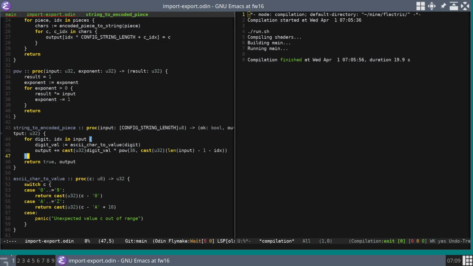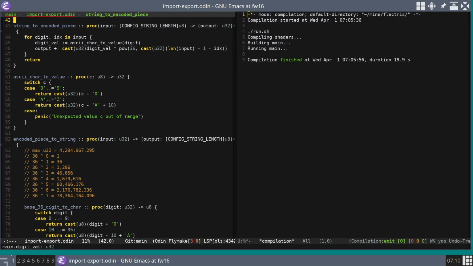For each digit. See, this check we can just do up front, can't we? I was about to say what we can do is we can go through here and check that the ASCII value that comes in is one of basically these, right? So we can have a